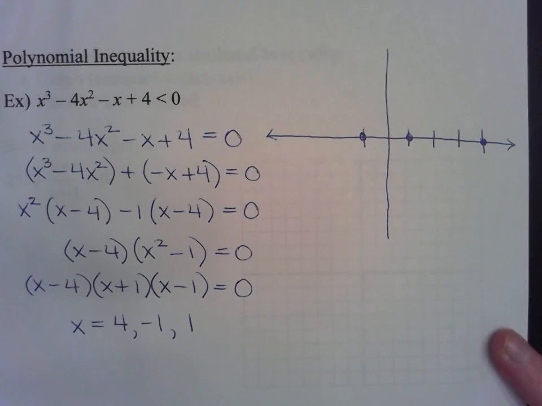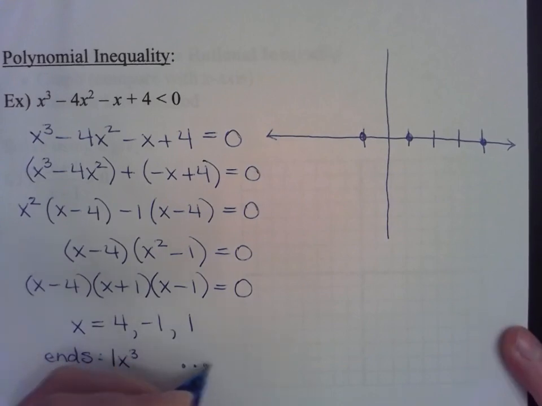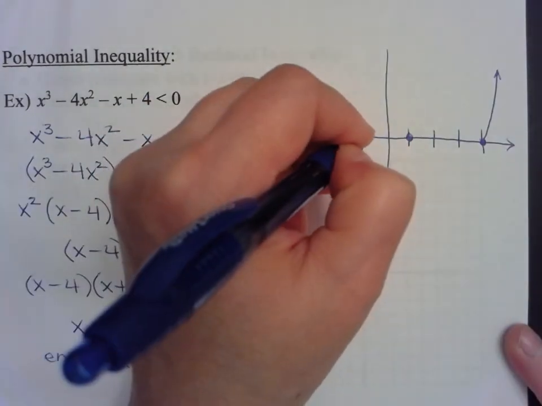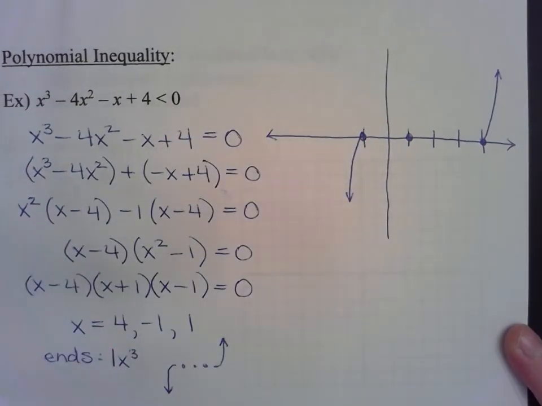We can put on the end behavior. Notice x cubed is the dominating term. The +1 out front. So that means that the right-hand side is going to go up. Because the exponent is odd, the ends are going to go in opposite directions for this one. Okay, I'm not going to write out the chart because I don't want to take up the space to do that, but